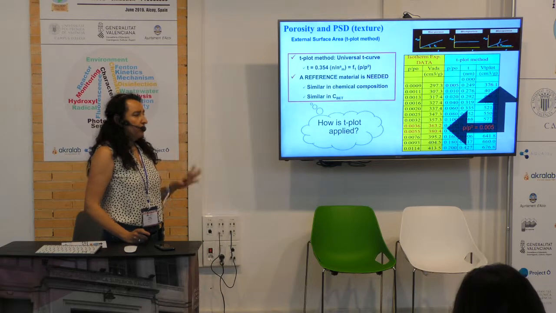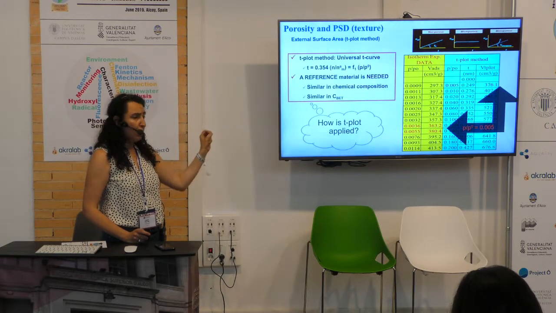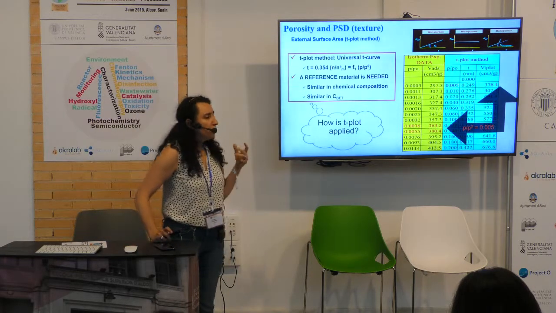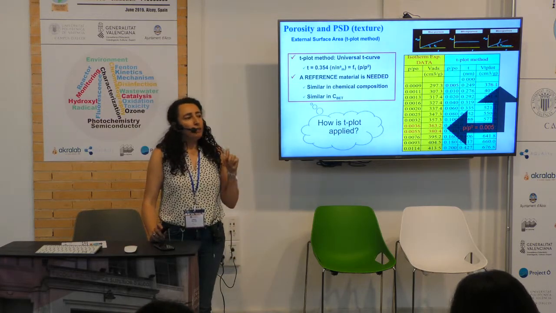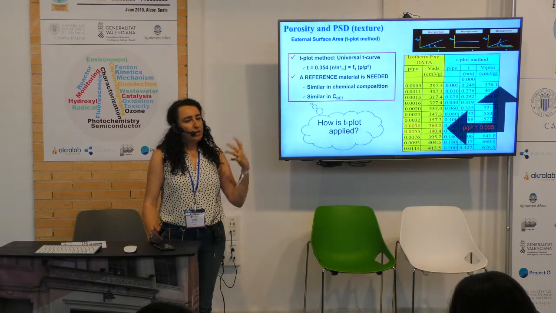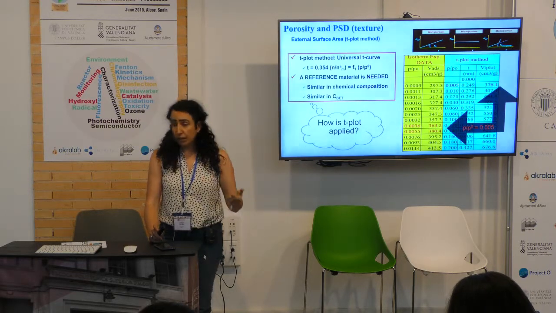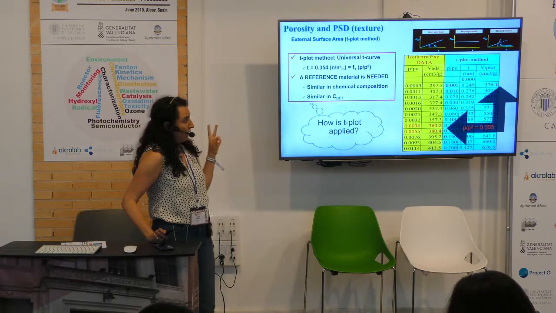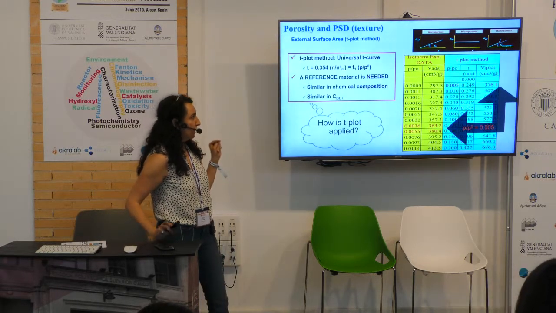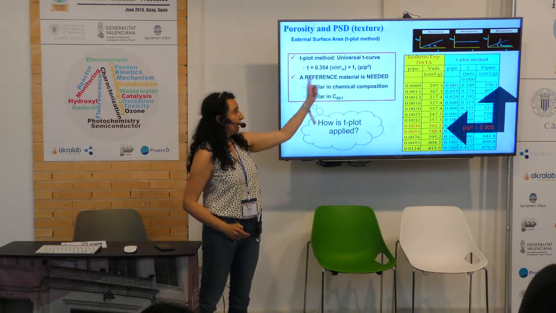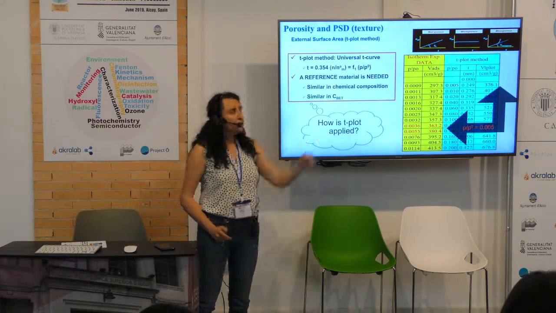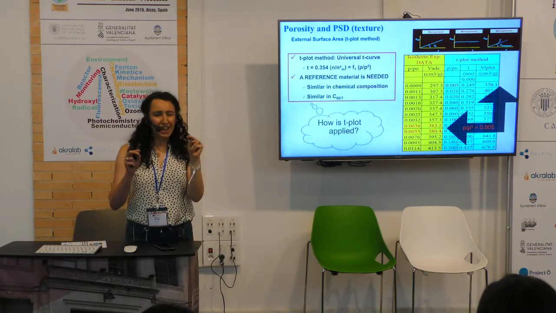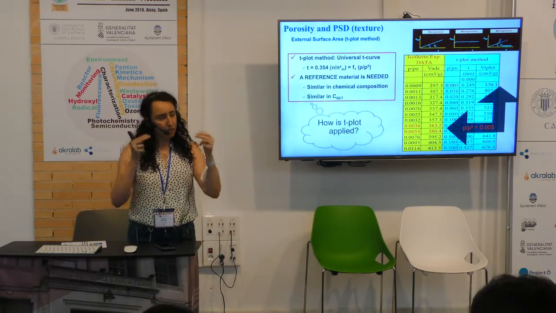There's many different methods in the literature. I've just picked one because it's very commonly used. It's the T-plot method. It's also usually available through the software that you use when you run your gas adsorption isotherm. And there are some things that you need to know. The equation looks like that, and you need to have a reference material. And there is a place in this software where you have to select which is your reference